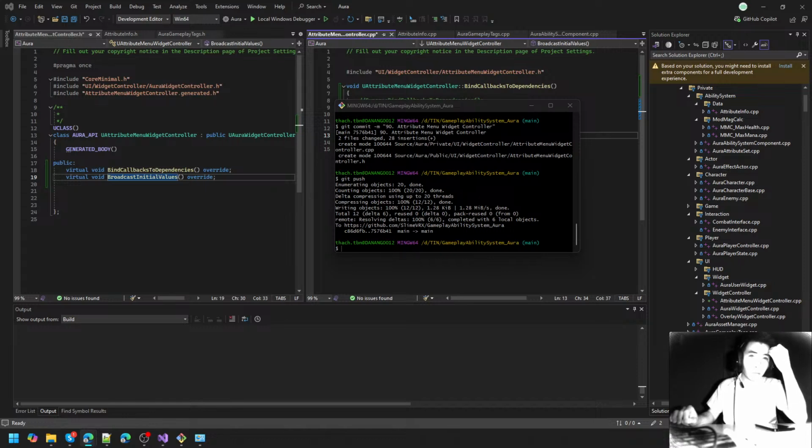Now, we can't really do that with some of the widgets in the overlay, such as our health and mana globes, because timing is important here, and the widget controller for the overlay is set at a specific time, and the health and mana globes share that widget controller. So we do want to time this correctly. We want to make sure that our overlay widget controller is set before our globes widget controllers are set. So in this case, the overlay can set those widget controllers, but for the attribute menu,